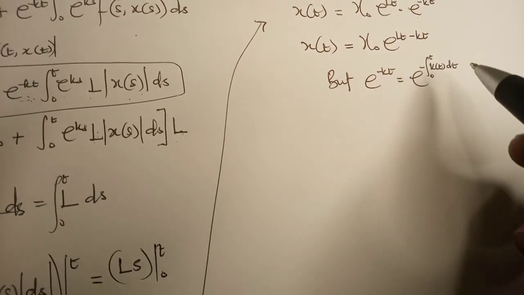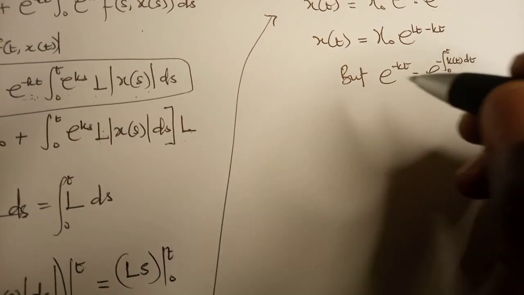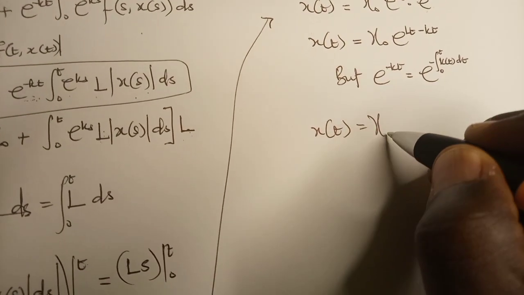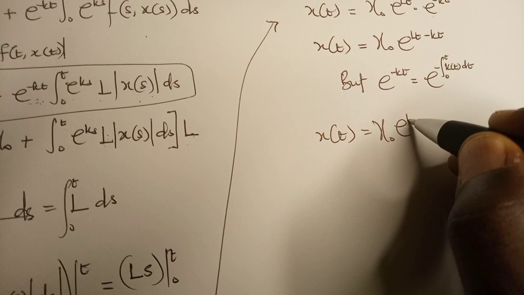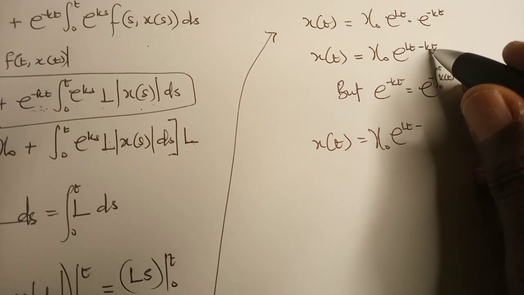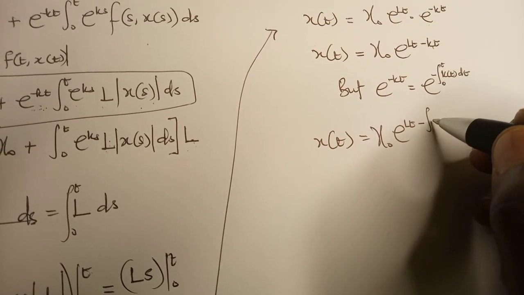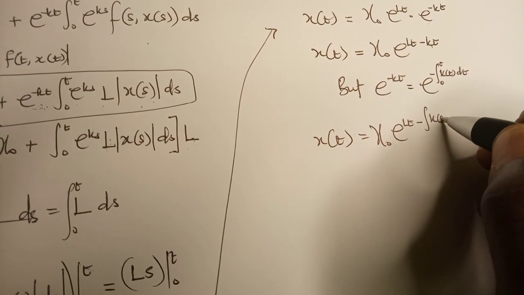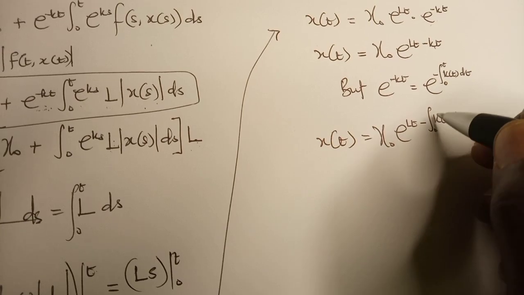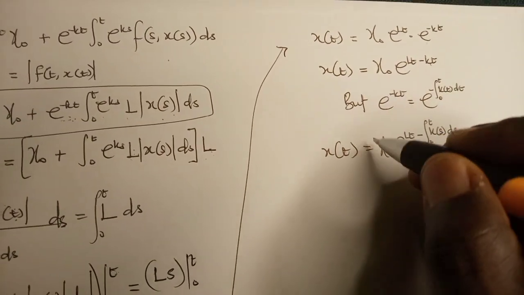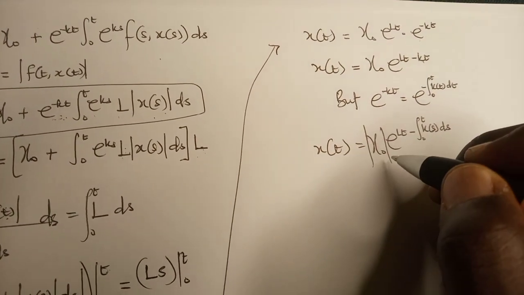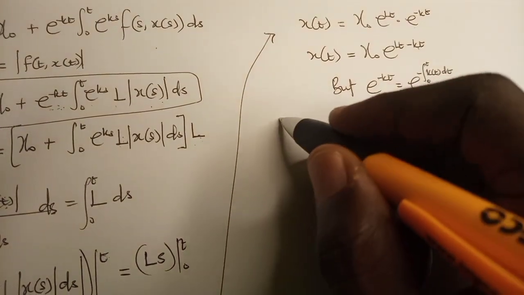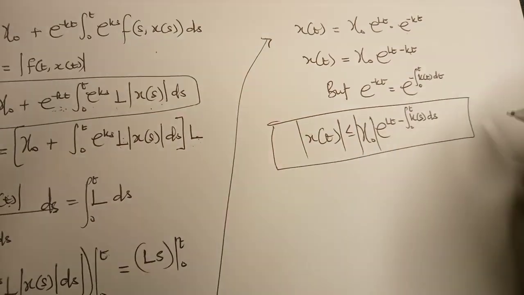So we can now fix it into this. That will be x of t equals x naught e exponent lt minus the integral of ks ds from 0 to t, and this is absolute, this should be absolute, and this is an inequality. So we have that as satisfied,